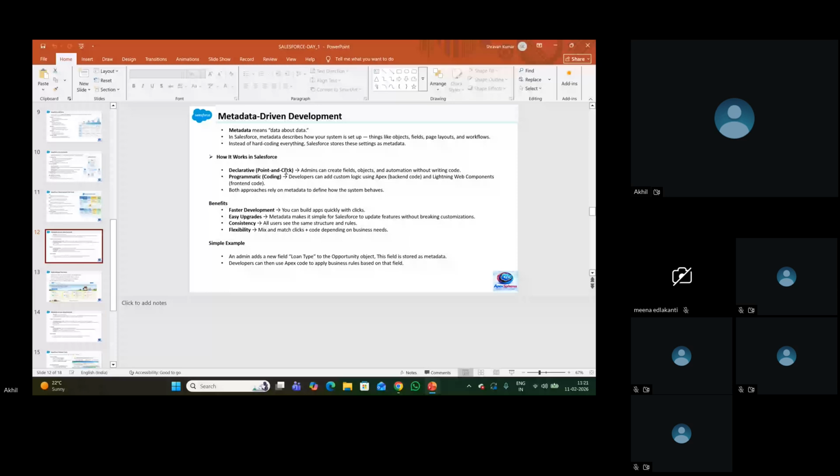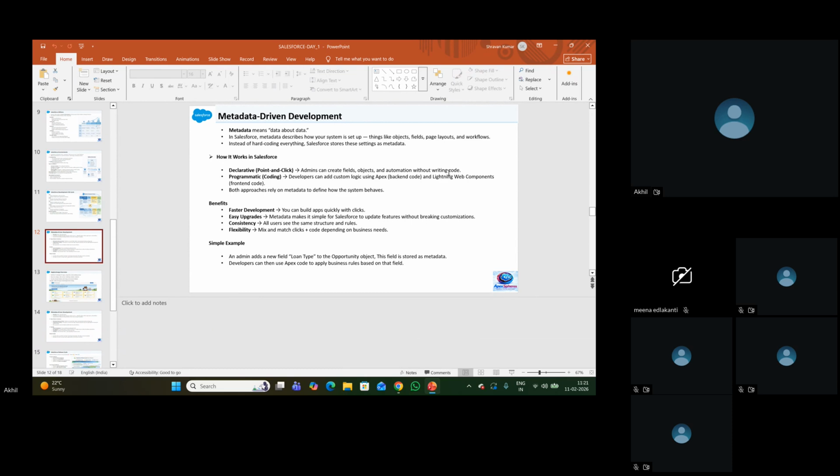So Salesforce is a metadata-driven approach. Metadata is something like data about the data. I think we can know this. As I said, Salesforce has two components: admin and development. Admin is point and click actions. Admins can create, build and customize applications. Whatever the requirement we discussed, like the reminders application, can be done with the knowledge of admin only, without writing code. That is the biggest advantage of Salesforce.